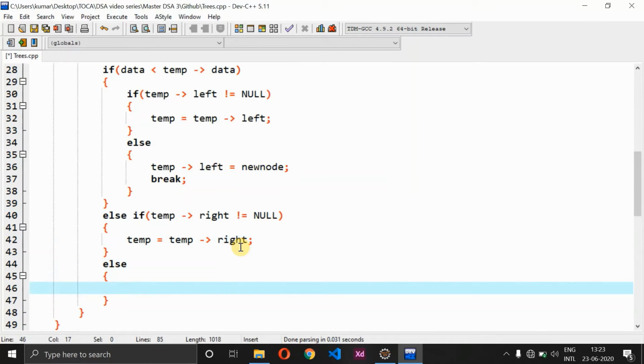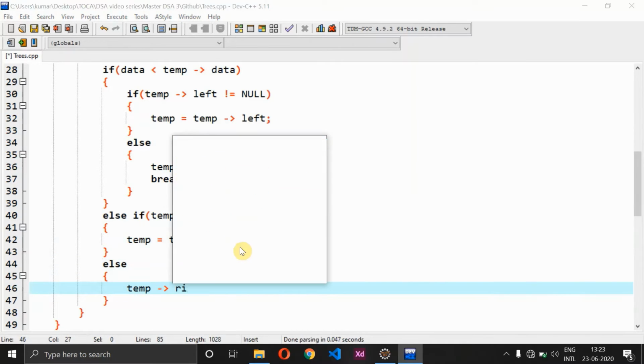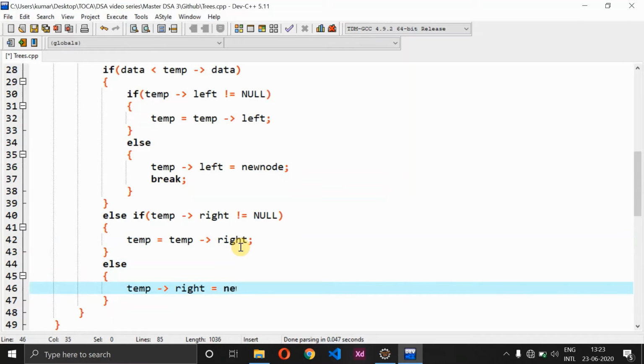In the else part what we are supposed to do is temp of right is equal to new node, right? So if temp of right is also equivalent to null, it means that temp of right should be the new node. So why do I go with this condition? Because if I find that the data is greater than temp of data, it means that it should not be in the left subtree.